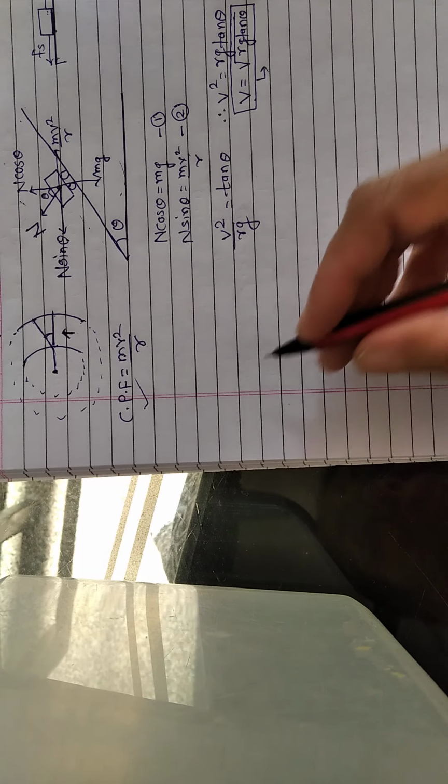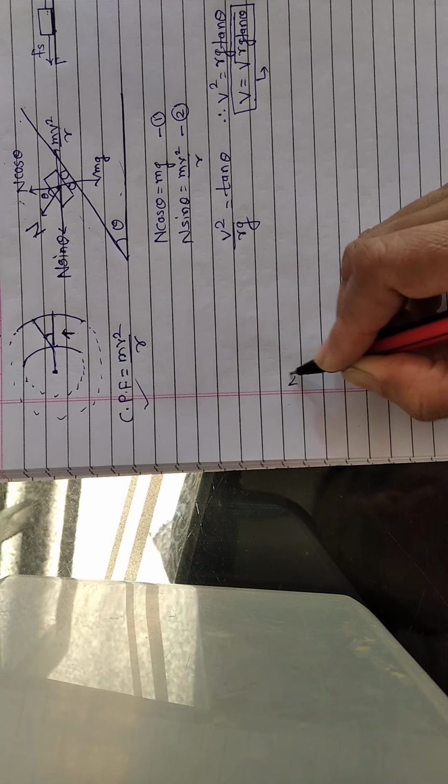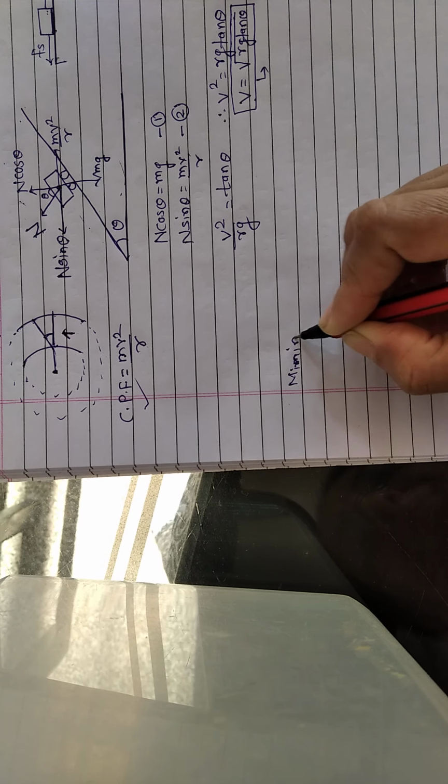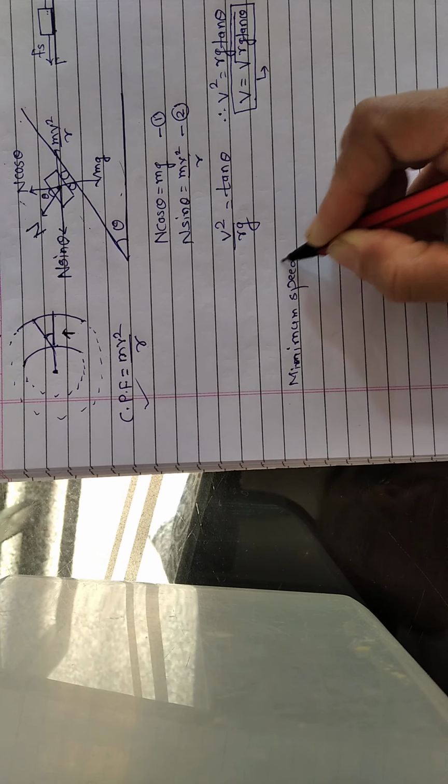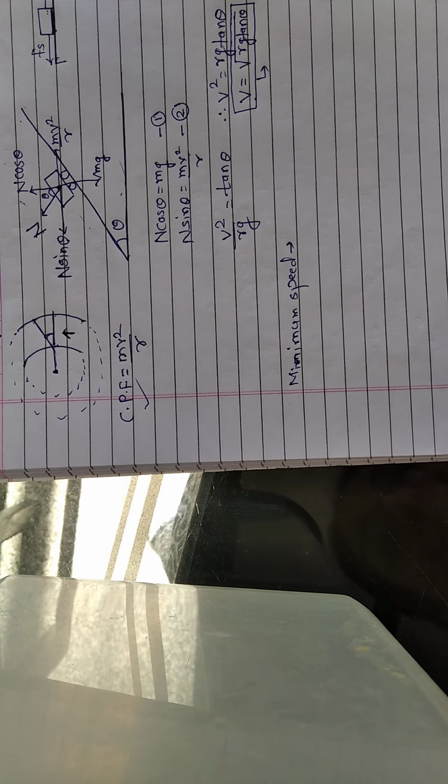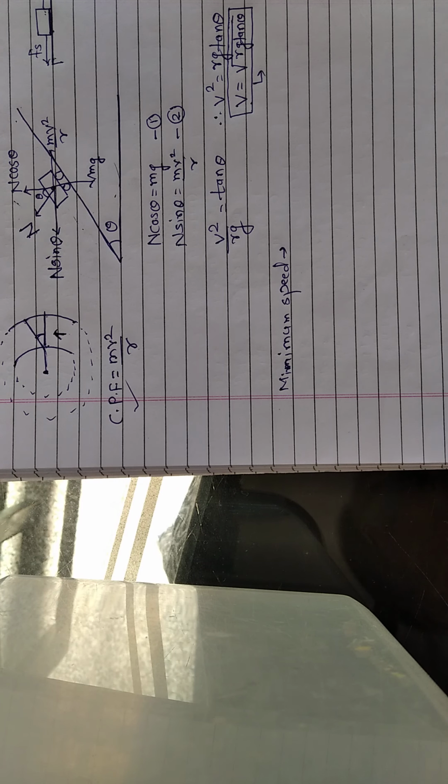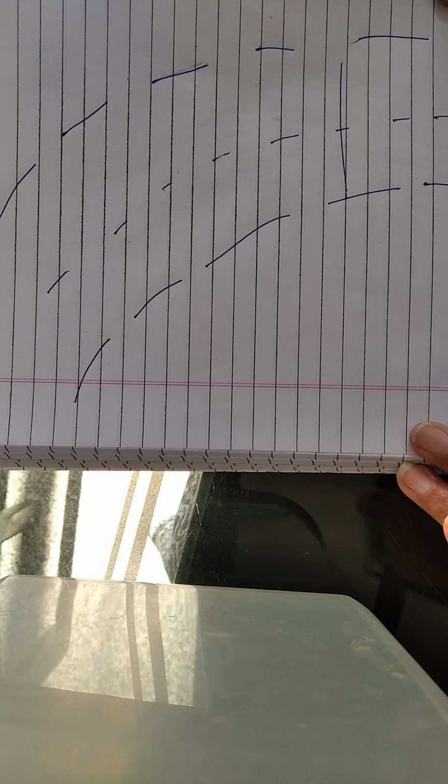Let us obtain the expression for the minimum speed, and also we will obtain the expression for the maximum speed. But before that I want to show how the component of the friction will help to maintain the certain limit. Try to understand this concept. If you do not understand this, you cannot understand how we showed the Fs in the upward direction and how we showed the Fs in the downward direction. So you should imagine this and try to understand very carefully, listen very carefully.